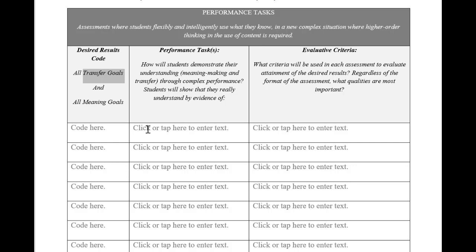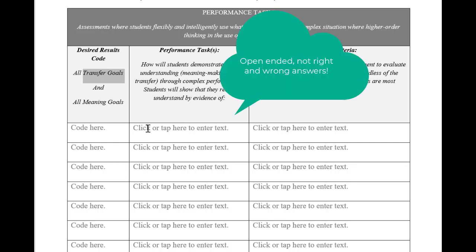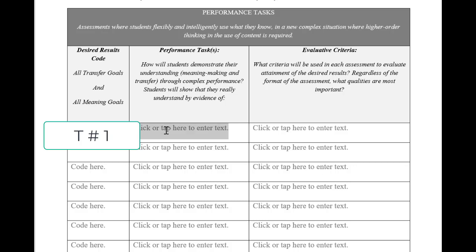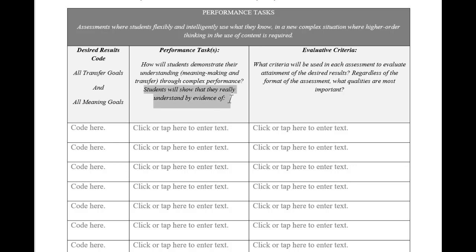Your performance task is going to be based on what answer did they find? Did they use those standards and competencies in order to find that answer correctly? So you're going to put your code here. If you had transfer goal 1, you just type T1 there, that you wanted to make sure to reference. And then over here, you're actually going to list what those students are going to be able to do. So you're going to label it, students will be able to show that they really understand by evidence of